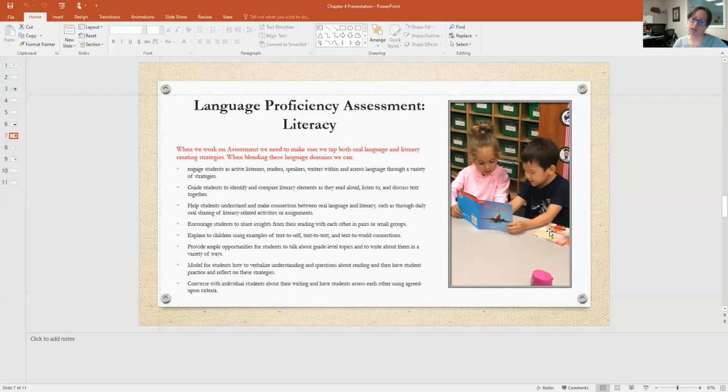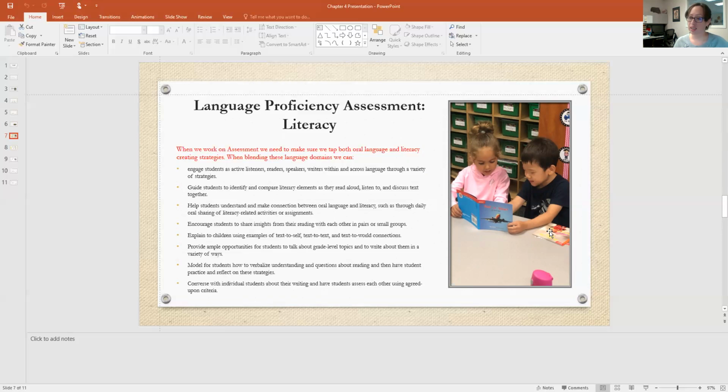I use this as reading buddies. And once you're in a school setting, I find it ideal for maybe a kindergartner to have a third grader be a reading buddy, or even in preschool, having preschool and kindergarten, because some kindergarten kids are already reading. And if they're not, it's a good motivation for them to start sounding out words, two, three words.